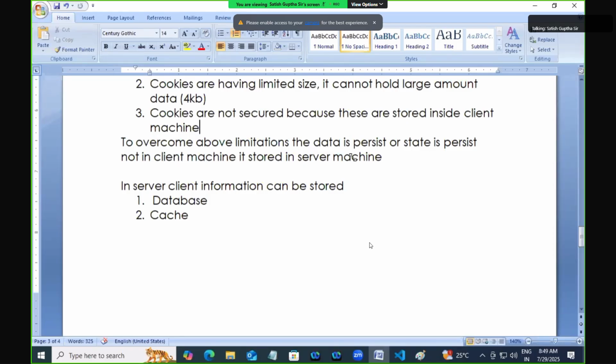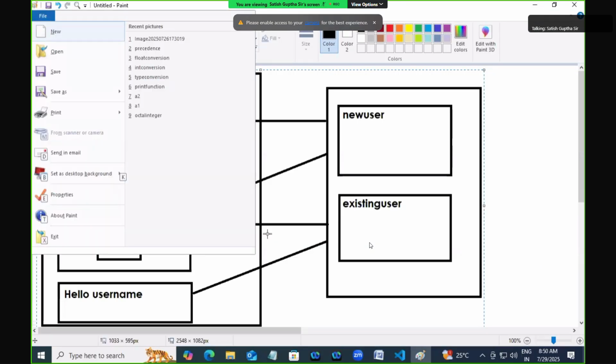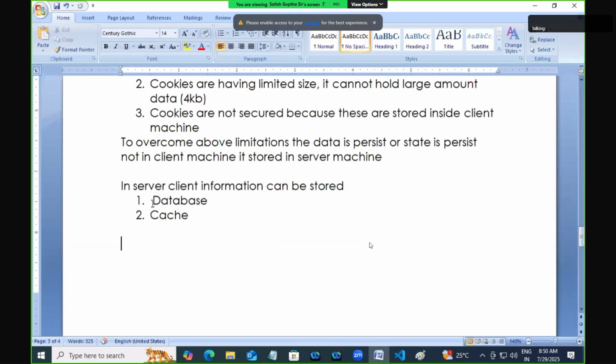It is stored in the server machine. In the server, client information can be stored in two ways. One is using a database and one more is cache. Understood? So here, the state is maintained by storing the information about the client within the database or within the cache. For maintaining server side state,